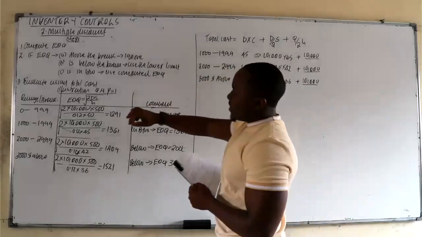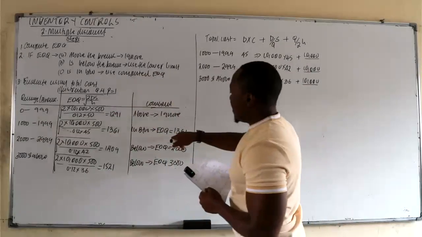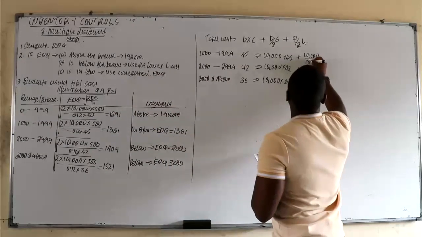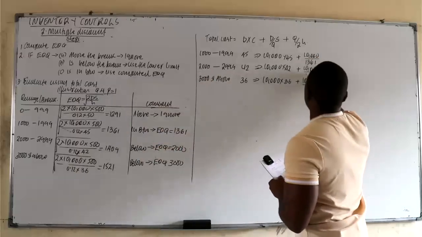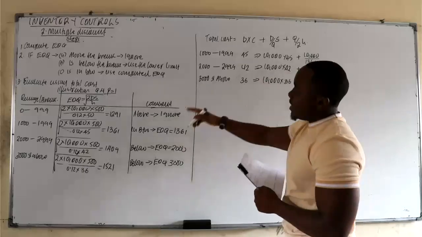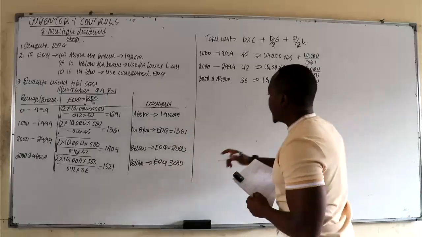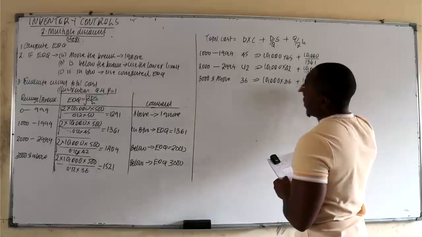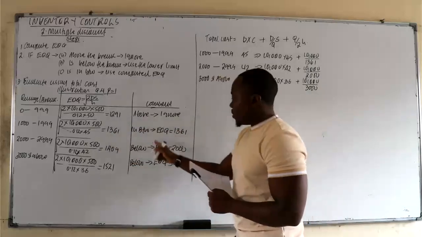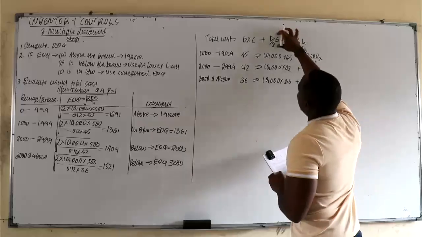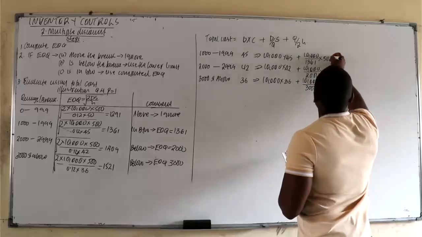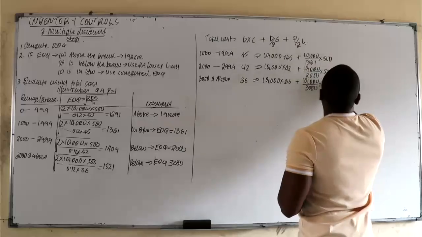EOQ between 1,000 to 1,999, the EOQ is 1,361. 2,000 to 2,999, the EOQ will be 2,000, and then 3,000 and above, it will be 3,000. Not what we computed here, no. And then from there, you get the number of orders, you multiply by the cost per order. Cost per order was 500, right? Then you add